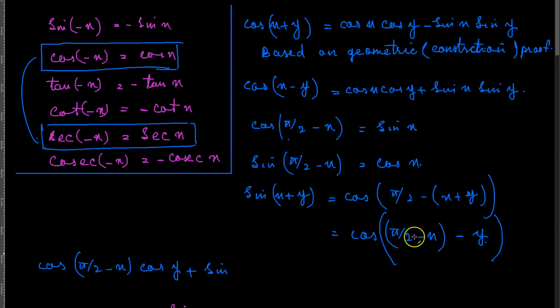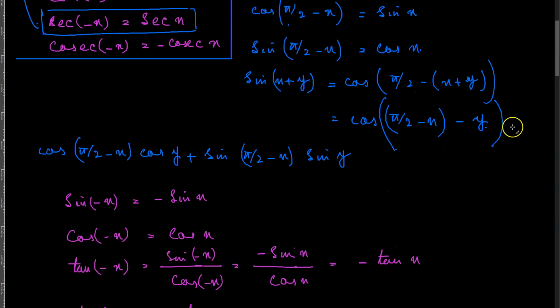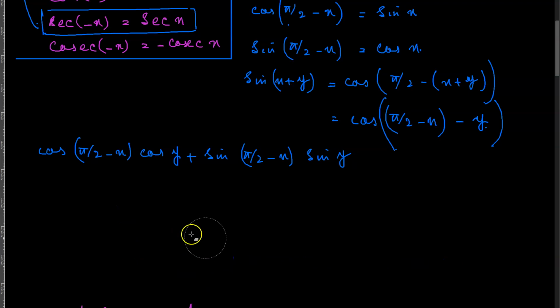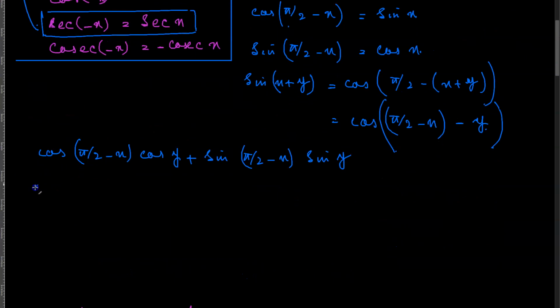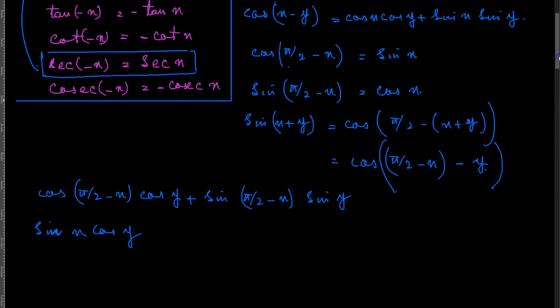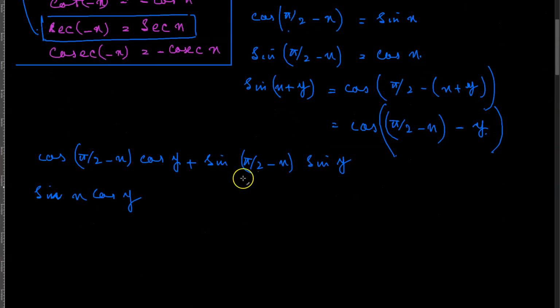So sin x would be sin pi by 2 minus x, and times sin y, right? Which means that cos of pi by 2 minus x, over here we said that it's equal to sin x, cos of y is equal to cos of y, sin of pi by 2 minus x is equal to cos x,